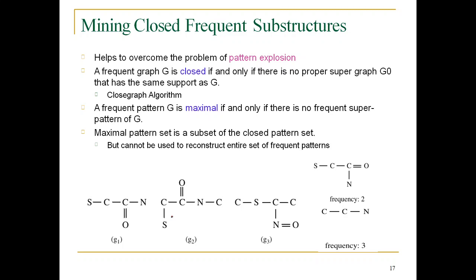So this allows us to avoid reconstructing the entire set of frequent patterns. Every time we find more and more frequent patterns, so we need to build in such a fashion that we have a graph which further cannot be divided. That is said to be the maximal pattern set. Like that we are going to find out the closed frequent pattern.